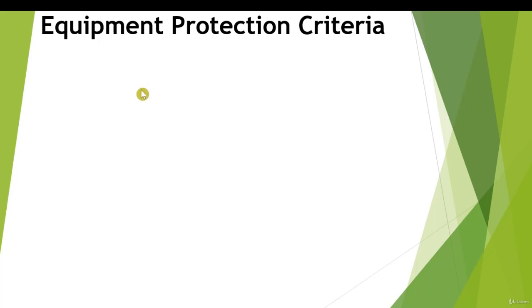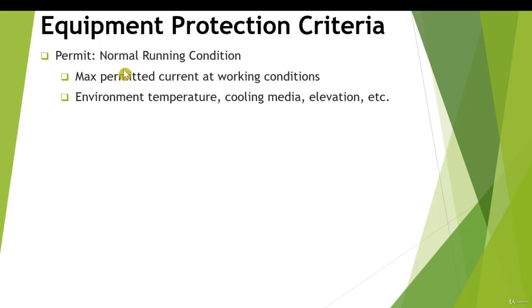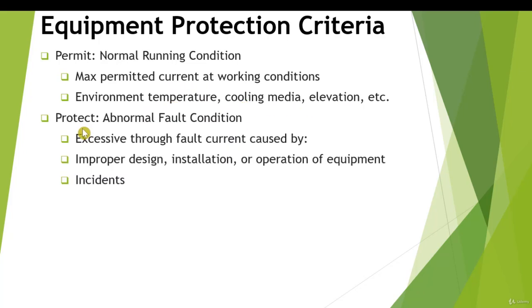While you're applying the protection to various electrical equipments, it should allow the normal operation of that equipment, where it should consider various other conditions as well, such as maximum permitted current, operating temperature, cooling media, elevation, etc. It should protect the equipment against the abnormal fault conditions. Now, these abnormal conditions can occur because of excessive through fault currents, improper design, installation, or operation of equipment, and